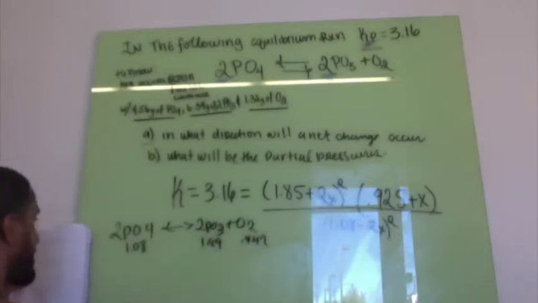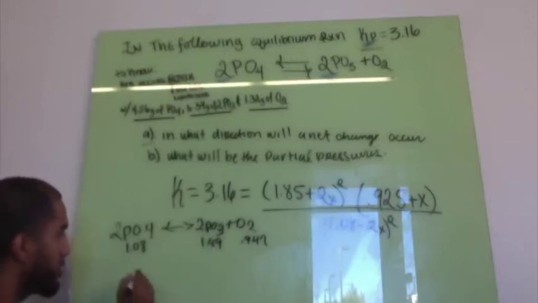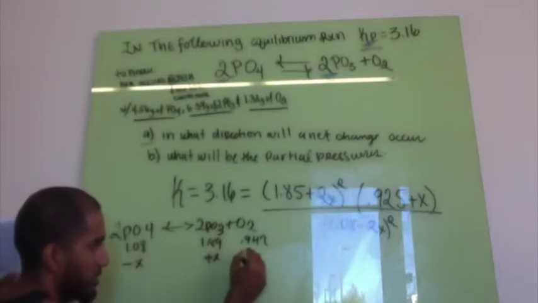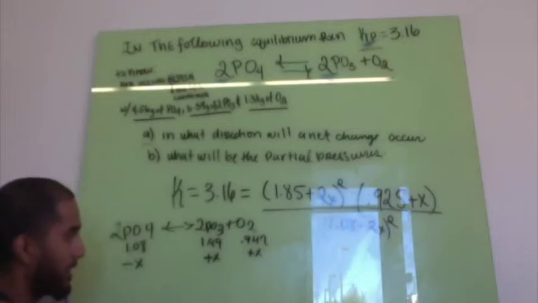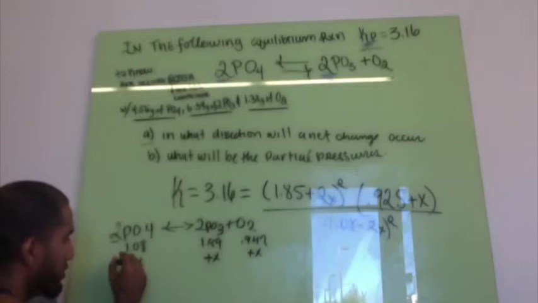Since from part A we found that the reaction goes forward, we know the pressures are going to move this way, and since our coefficient is 2, we would